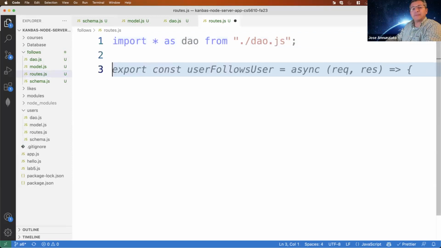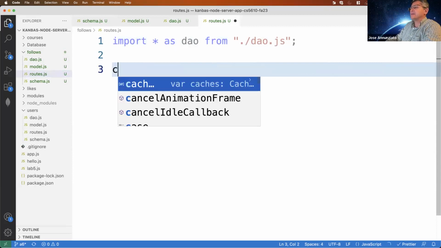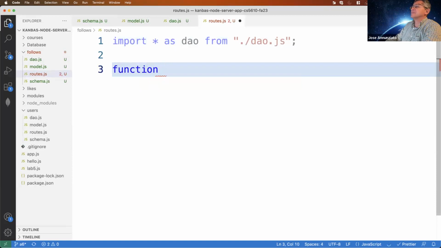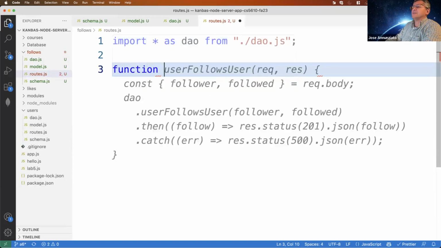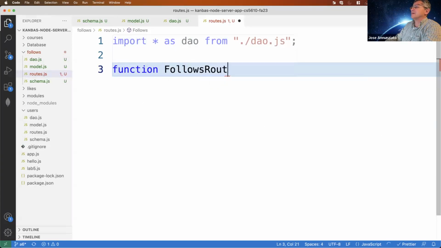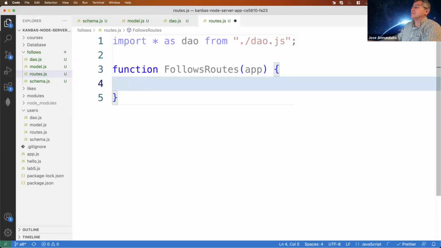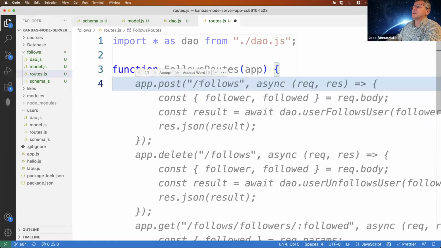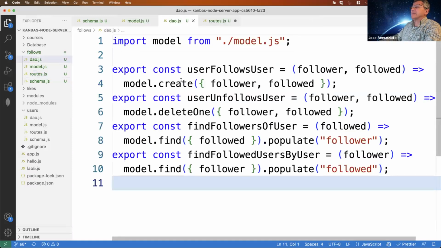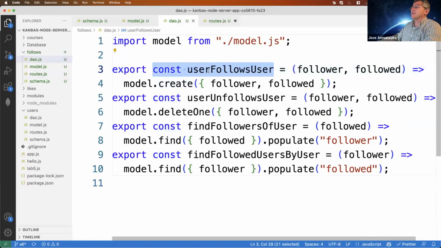And let's implement a function. This will be the follows routes. I'll provide a reference to express, and here we'll need to re-implement all these functions.